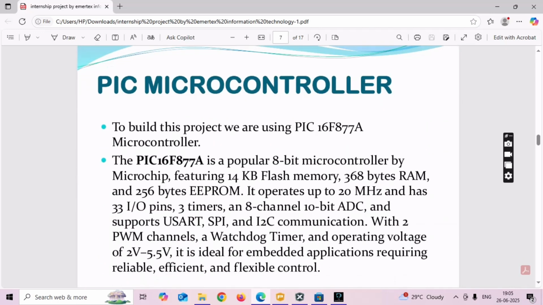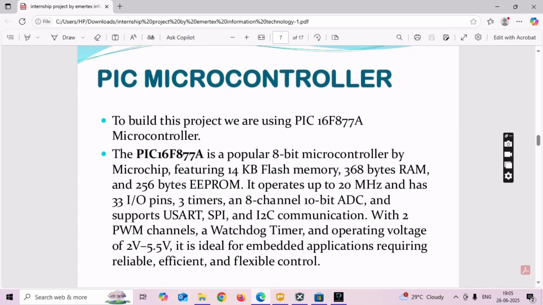Then in this slide we can see the PIC microcontroller. Here, to build this project, I use the PIC16F877A microcontroller. Now generally a question arises: what are the features of PIC16F877A? Now let us see. You can see here the different features of